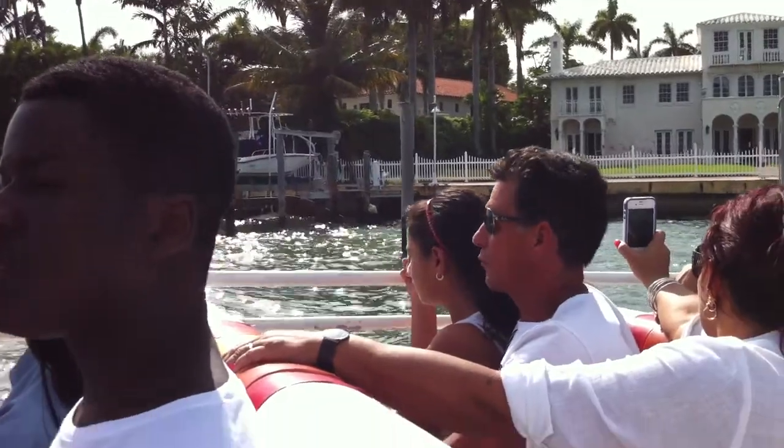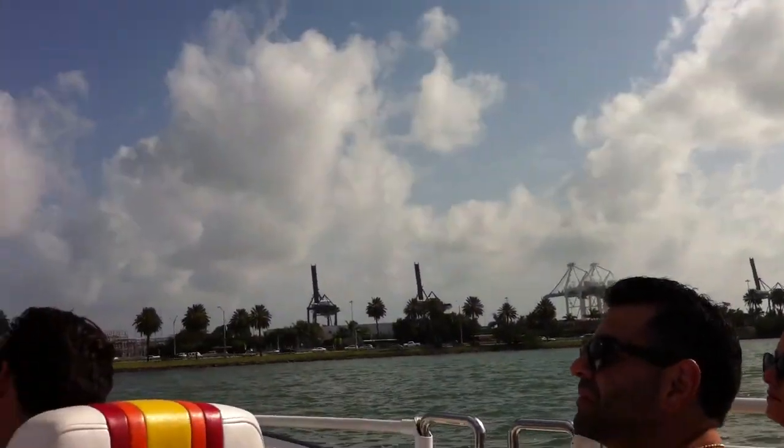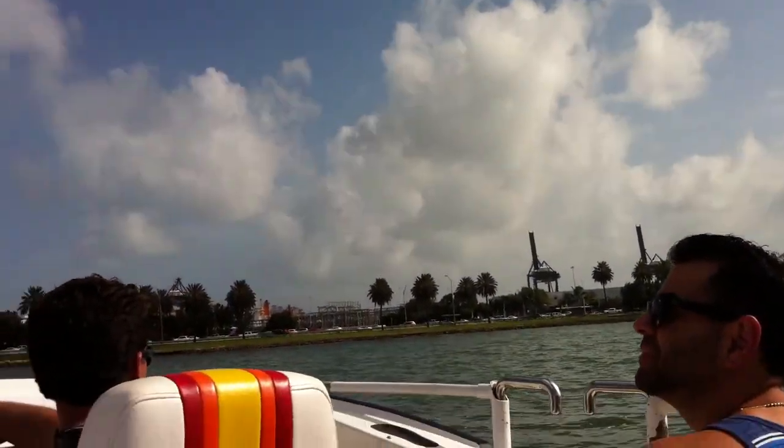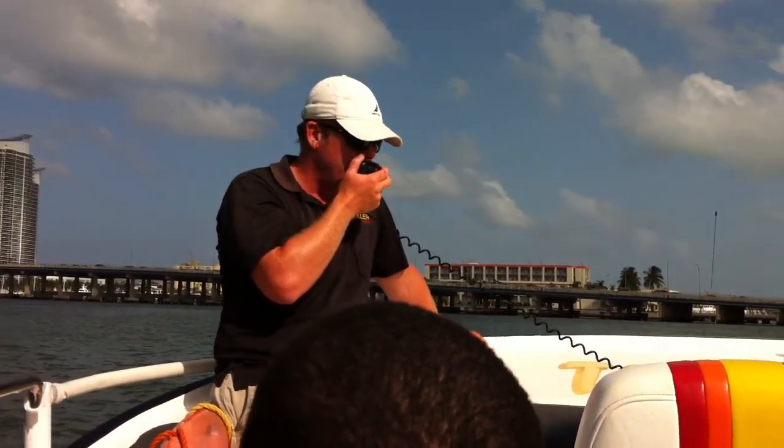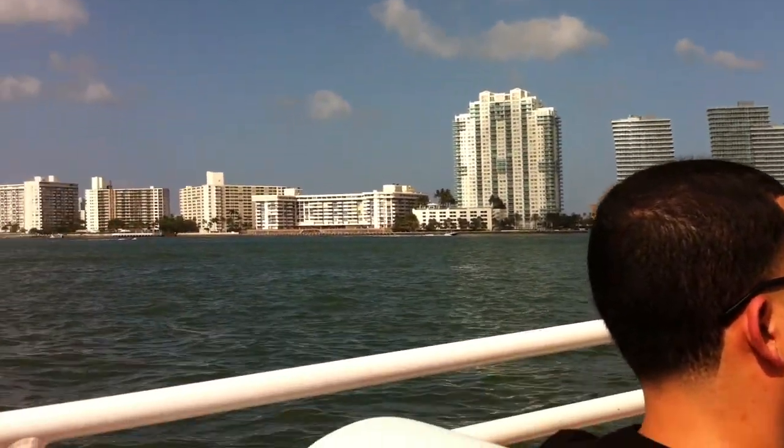Rosie's super friendly. She's got a little speedboat. Sometimes when she's out in the bay, if she sees us, she'll pull up right next to us, chat us up. Super friendly lady in real life. Who knew? So this concludes the Star Island portion of our trip. We're now going to head out to